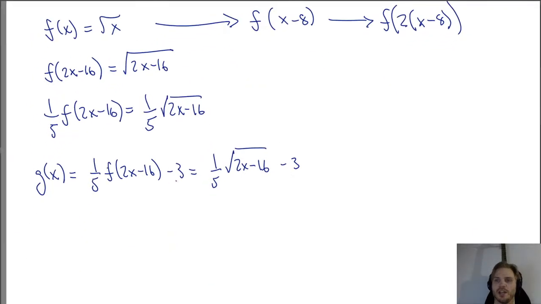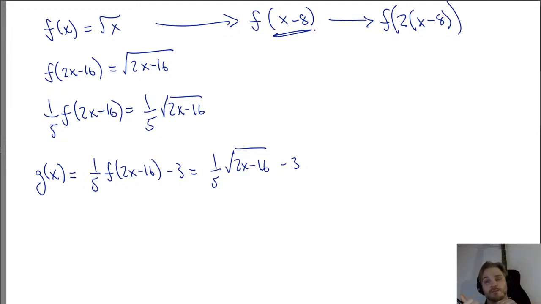And then we're going to move it down. After we shrink it, we're going to move it down by 3. And that's what this does. So inside the argument of the function affects the horizontal direction. Multiplications greater than the absolute value of 1 will shrink instead of stretch. You would expect them to stretch, like if you multiply by 3 or 4 or 5, you would expect it to stretch, but it doesn't. It shrinks it because it's inside. Everything inside is backwards. The minus 8, you would expect it to shift left, but it's inside, so it shifts